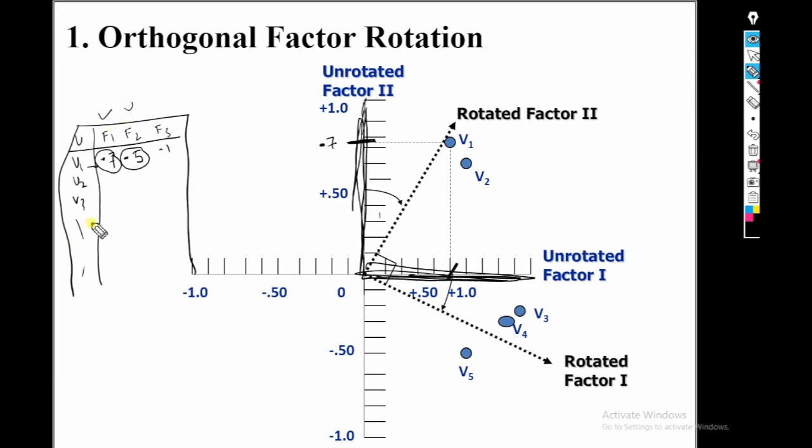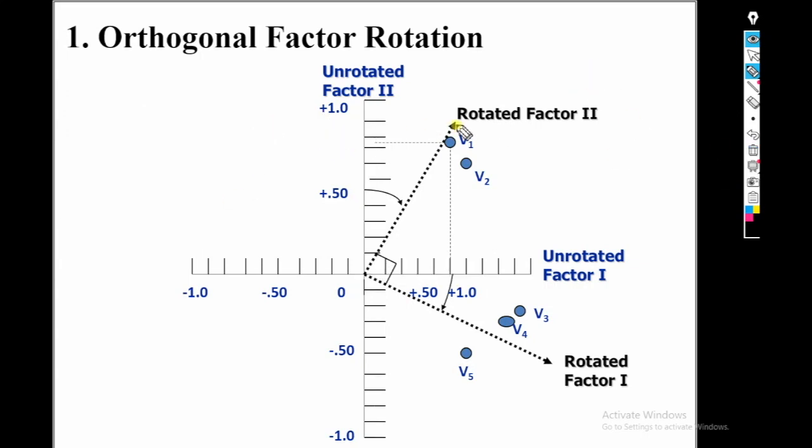So we cannot decide whether we should take this variable under factor 1 or factor 2. If one variable gives a high value under two or more factors, it's a problem of cross loading, which is not desirable for our study. So how do we remove this cross loading problem? The method is that we rotate the axes by 90 degrees, and the angle may be 30 or 40 degrees.